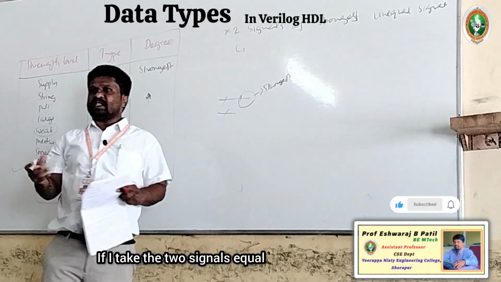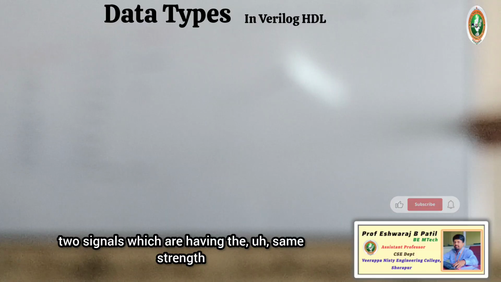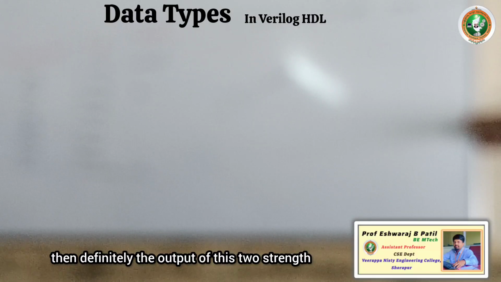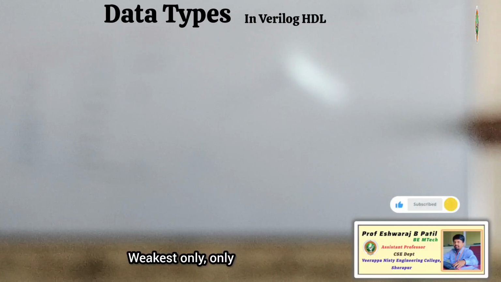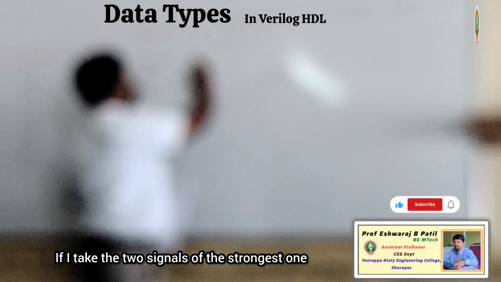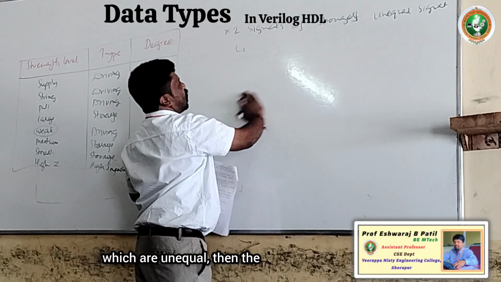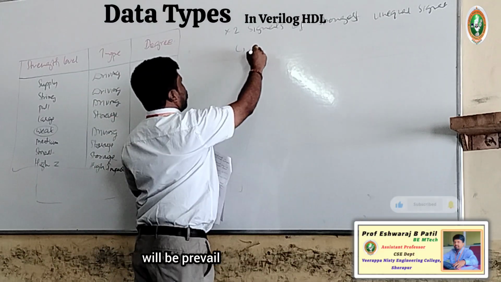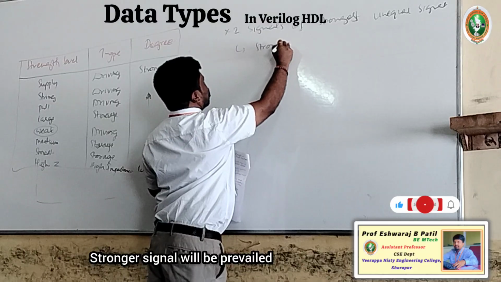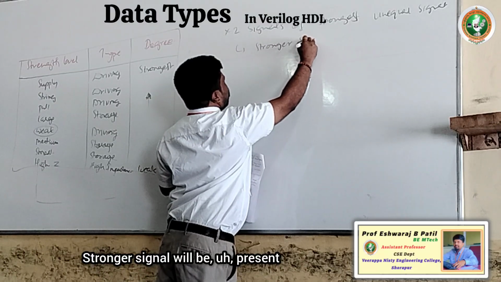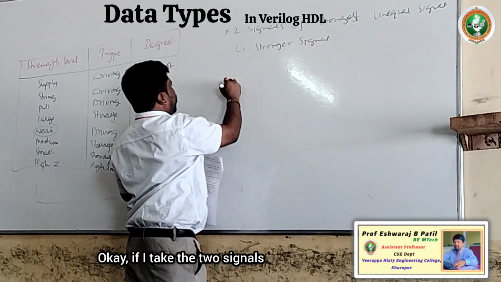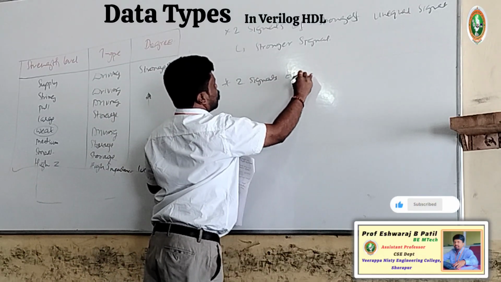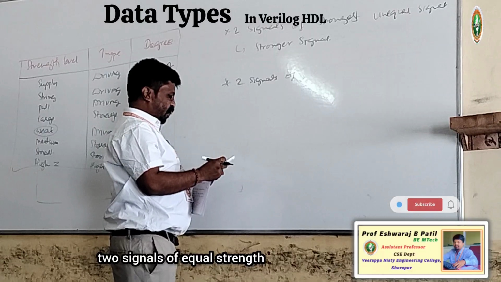If I take the 2 signals equal, 2 signals which are having the same strength, then definitely the output of these 2 signals will be the weakest only; it will get cancelled. If I take the 2 signals of the strongest one which are unequal, then there is a possibility that the stronger signal will prevail. The stronger signal will be present. Okay, if I take the 2 signals of equal strength,